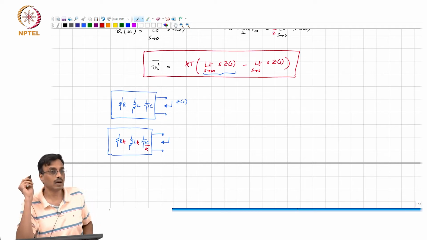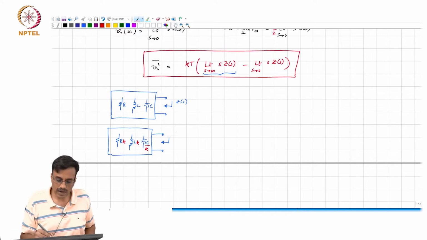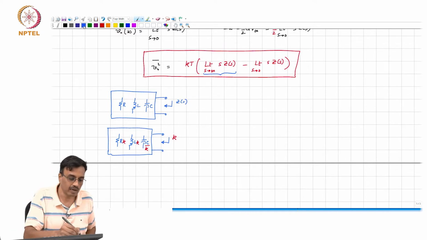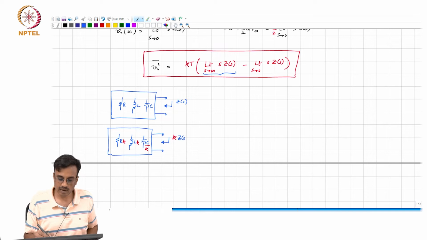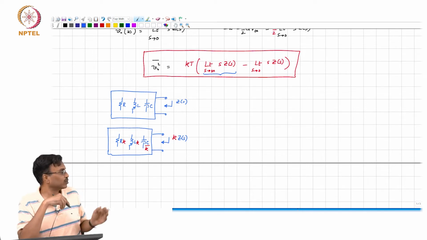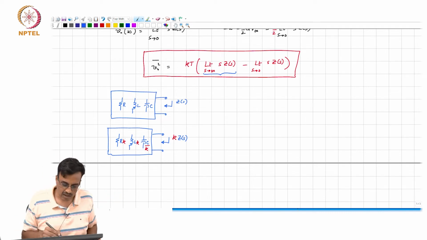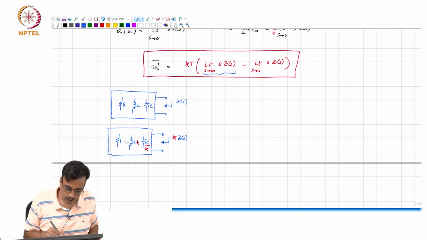what will the impedance be? It will be k times Z of s. Does it make sense? Correct? All impedances have been scaled by the same factor, and therefore, the total impedance will also scale by the same factor k. Now, there is no necessity for that k to be real. It can be complex. So, for instance, if I make k equal to s,